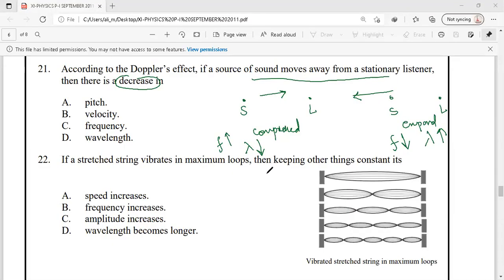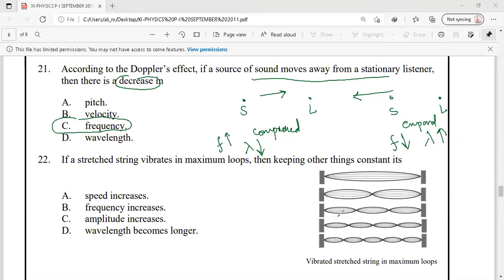So the correct answer would be the frequency, that when a sound moves away from the stationary listener, its wavelength increases while decreasing its frequency. If the stretched string vibrates in the maximum loop, then keeping the other things constant, what will be